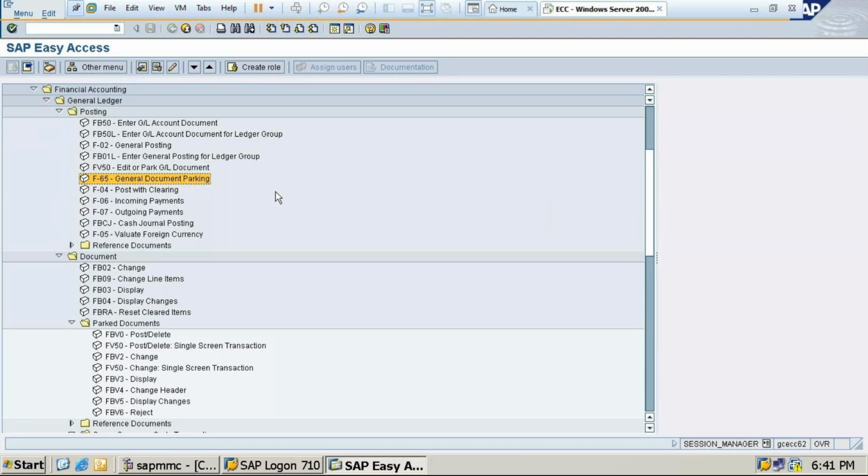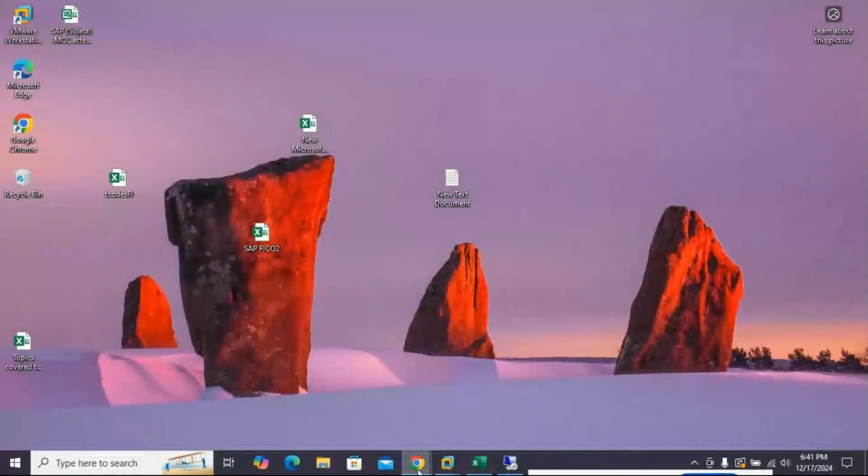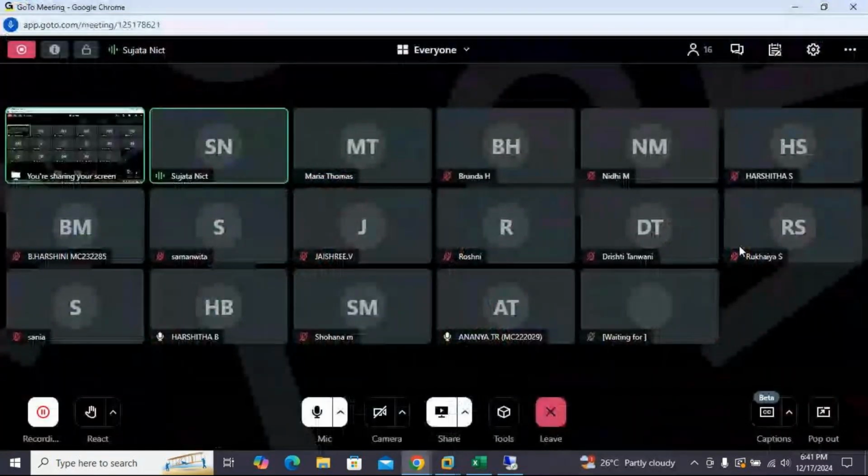Okay, so general document parking, post, incoming payments, outgoing payments, all these things we'll do later. Till this, any doubts you have, students? Any doubts you have?